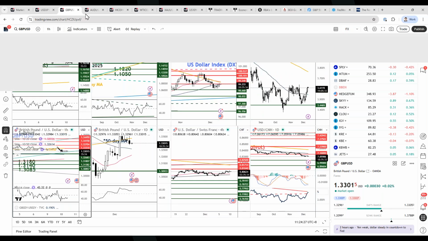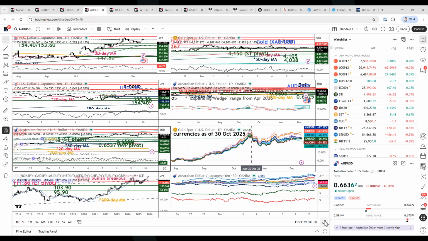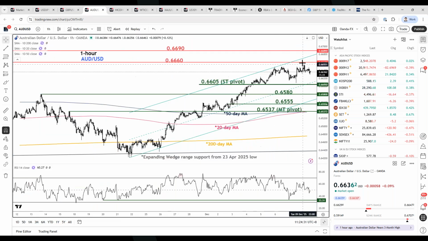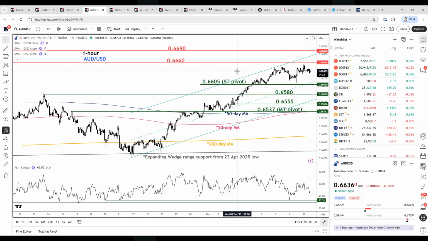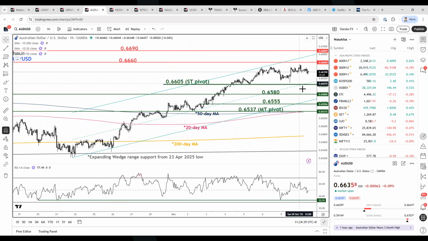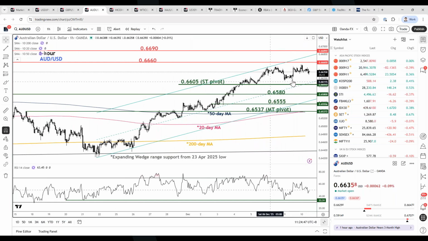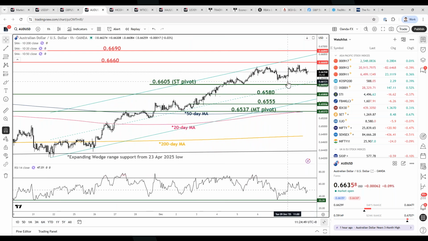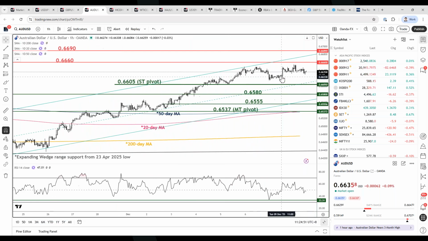Next up will be the Aussie dollar that continues to outperform. So the Aussie dollar yesterday almost hit our first resistance at 66.60, a bit tongue twisting. It printed a current intraday high during the start of the US session at 66.54. So 66.05 is indeed a short-term pivotal support level,